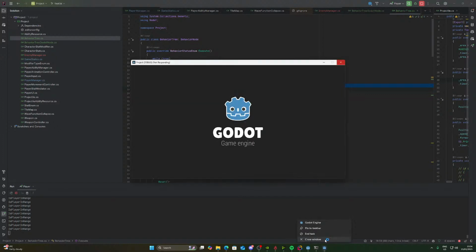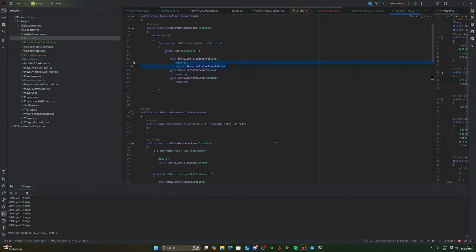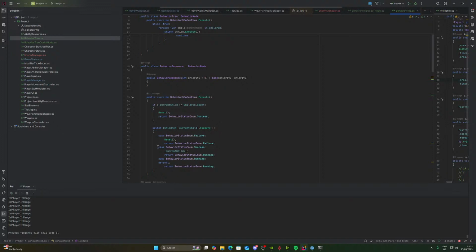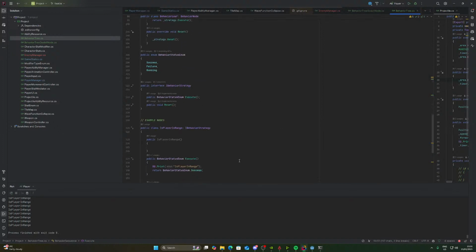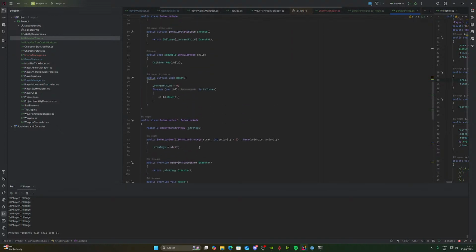Let's crash it. Just close it. Close it. That's what I was hoping for. Except that's not what I was hoping for. Because in theory, what I should have gotten was success, next child, run, which means that should have been attack player, which then means